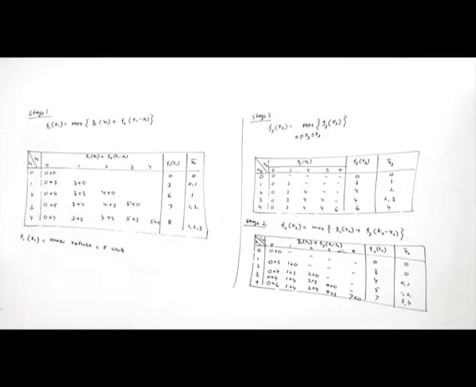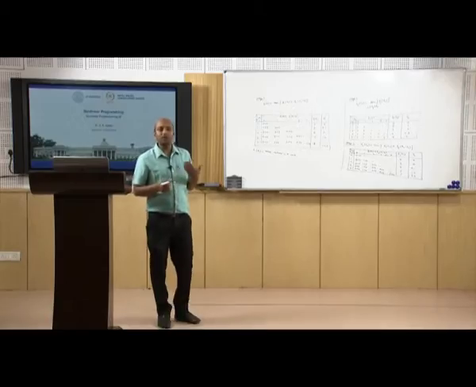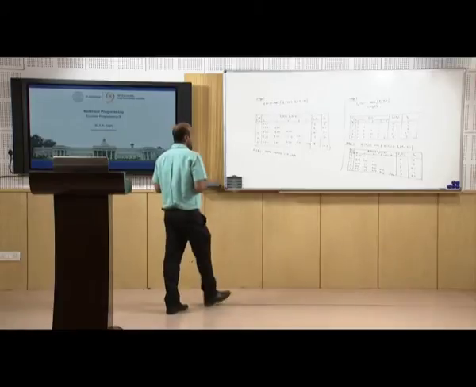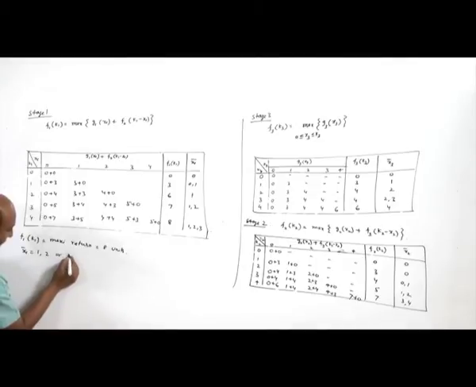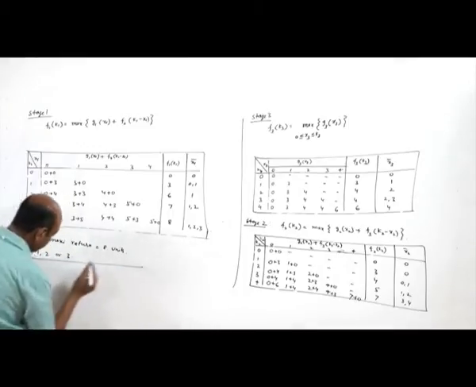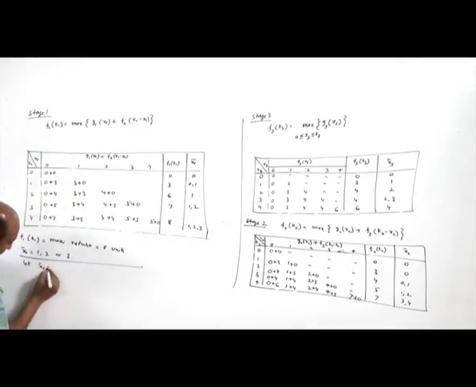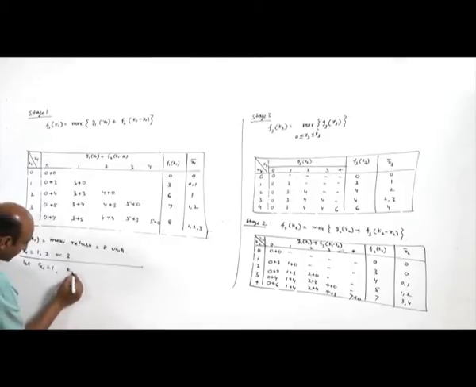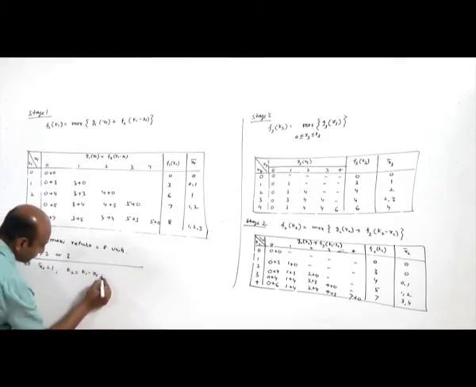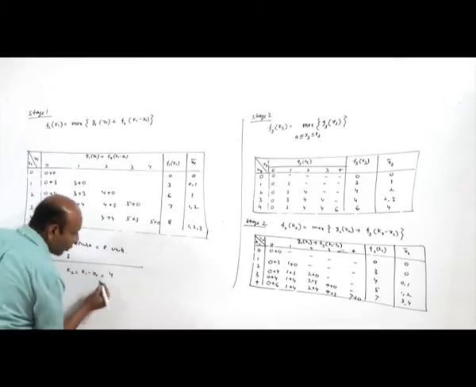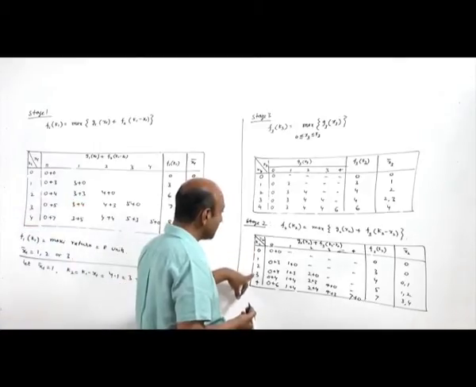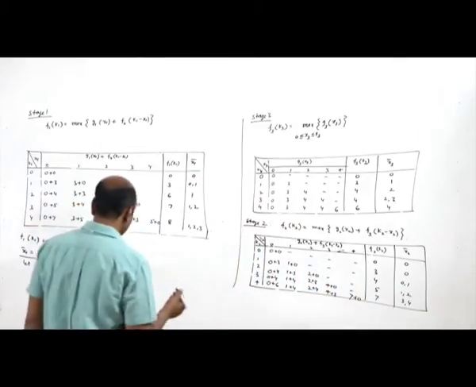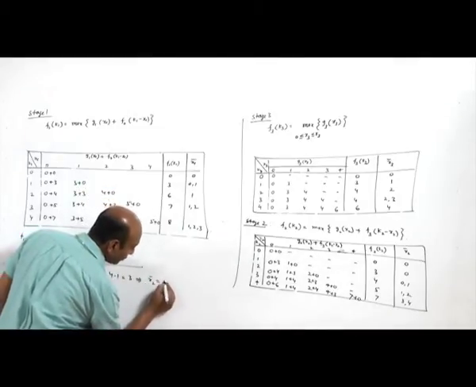And what is the allocation? That is, on which plant how much money is to be spent. So for that, we have the optimal solution: x1 bar equals 1, 2 or 3. Suppose x1 is 1. If x1 is 1, then K2 will be K1 minus x1, and K1 is 4 because 4 units of capital is available, and x1 is 1, so it is minus 1, it is 3. When K2 is 3, x2 is 1 or 2. So this implies x2 bar is 1 or 2.